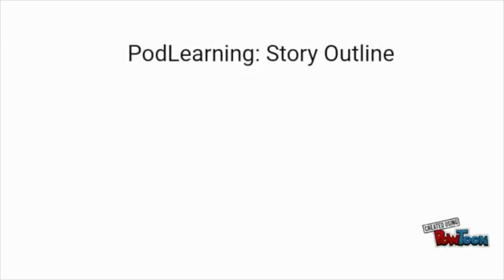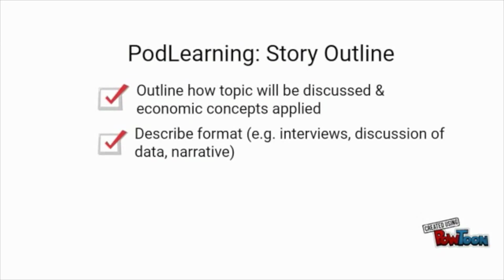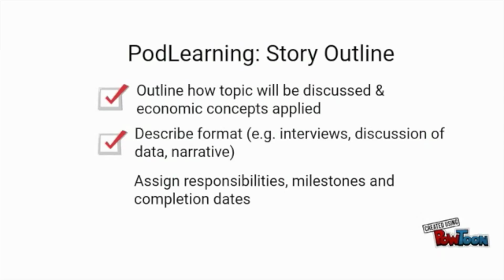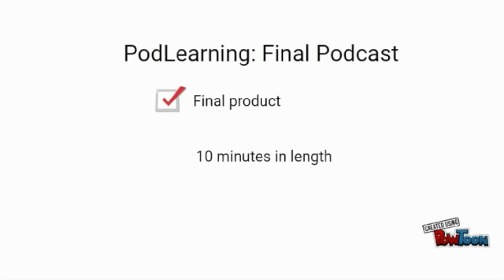Two weeks after that, students submit the podcast story outline. This provides an overview of what specifically will be covered in the podcast, including details of the economic concepts that will be used and a plan for telling their story. It also includes operational plans, including an assignment of responsibilities among group members with associated completion dates. This outline provides the instructor an opportunity to provide feedback on the economic content as well as planning skills. Finally, 4 weeks later, the groups submit their completed podcasts.